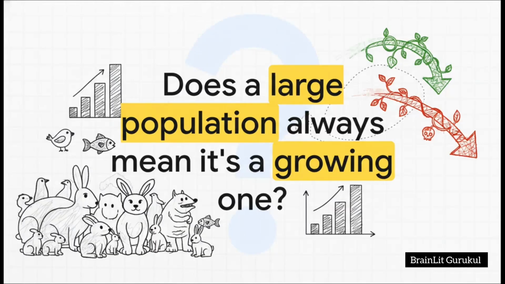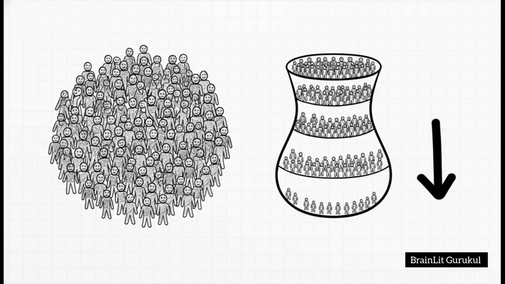All right, here's trap number 2, and I'll put it to you as a question. Let's say you come across a species and its population is huge, millions of individuals. Is it safe to assume that population is healthy and growing? The answer is a hard no, and this is a big one. Population size by itself can be really misleading. The truly crucial factor is always the age composition. You could have a massive population that's mostly made up of post-reproductive individuals. It might look impressive on the surface, but if you drew its age pyramid, it would be urn-shaped, clearly pointing